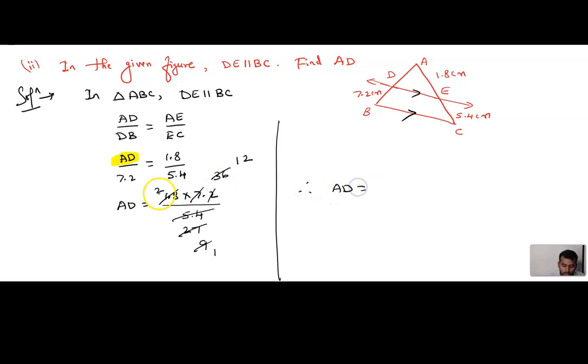Therefore AD is equals to 2 into 12. Now what are the terms left out? 2 and 12, right? 2 into 12 is 24. Now we can see 1.8. Point where it is? After 8. Sorry, before 8. एक डिजिट के पहले पॉइंट है. इधर भी एक डिजिट के पहले आपको पॉइंट रखना है. You keep the point before one digit. Before one digit means here. That is 2.4 centimeter. That's all our answer. Got it? Understood? Good. Copy down the answer.